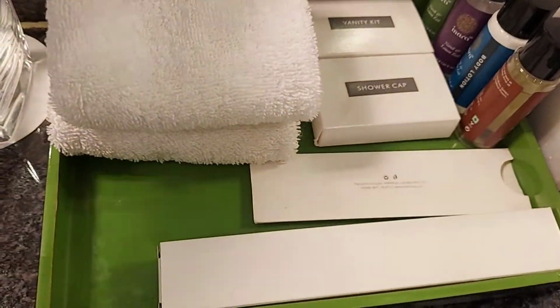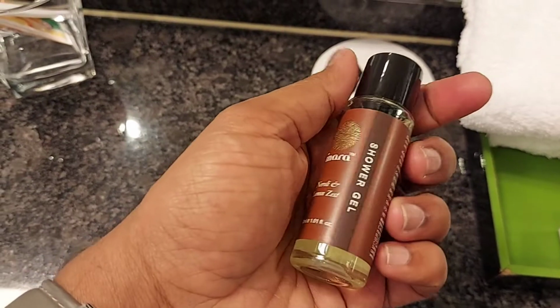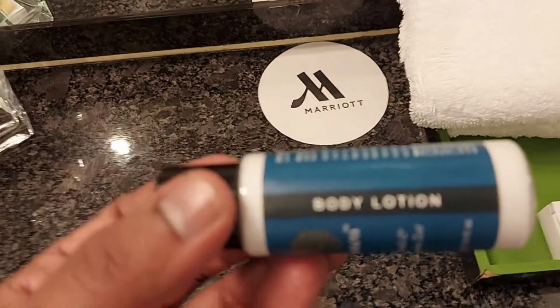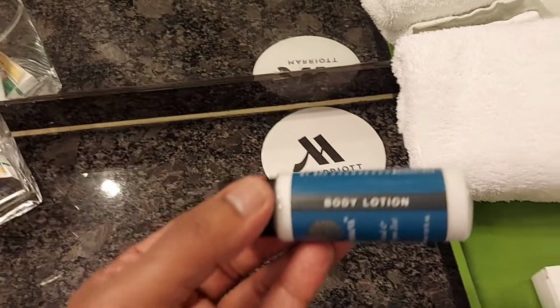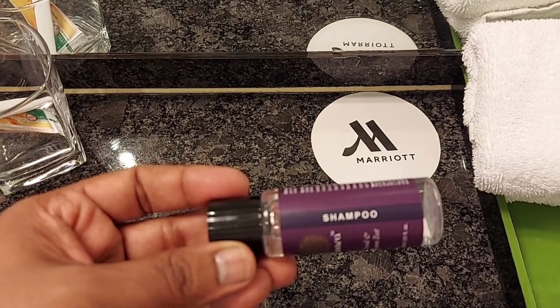Then you obviously get some toiletries, which are pretty important. You get hand towels, two hand towels, though that one is used. I'm just setting it aside for now. Then you get hand shower gel, and everything is so aromatic, let me tell you that. You get body lotions, which are necessary. The winter is actually starting, and in Hyderabad you don't really get too much winter, but yes, you can use that as well. Then you get shampoo for the bath,